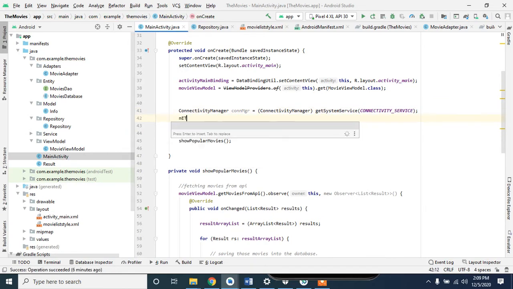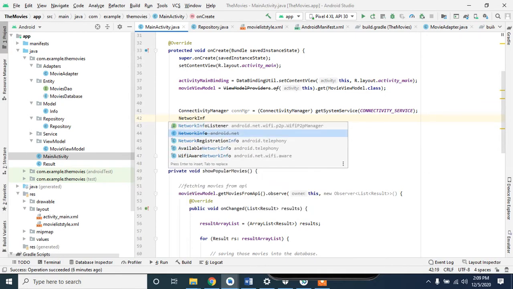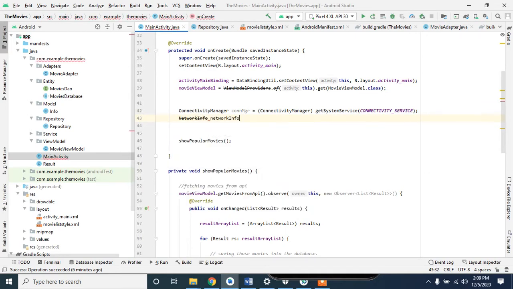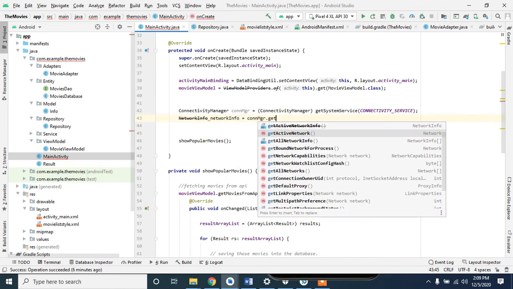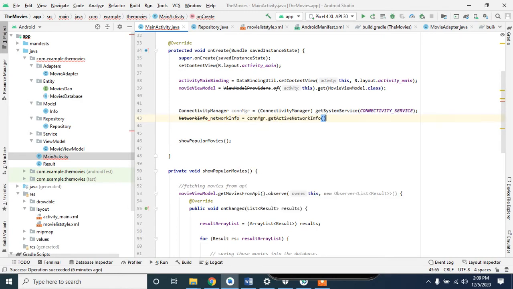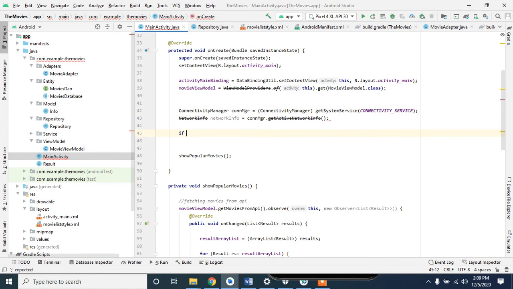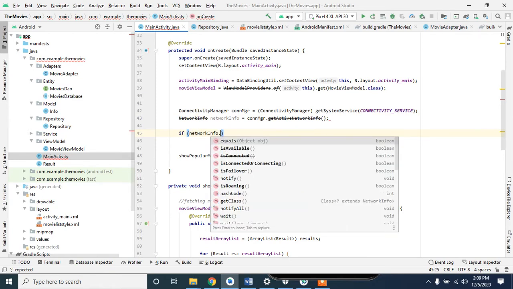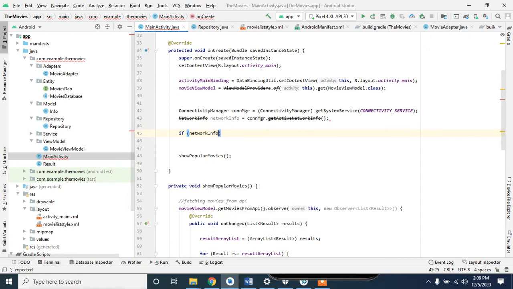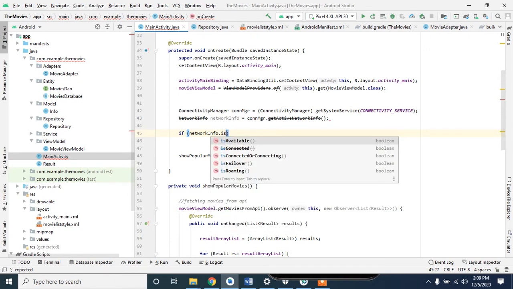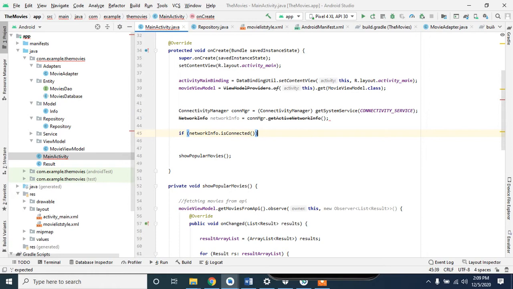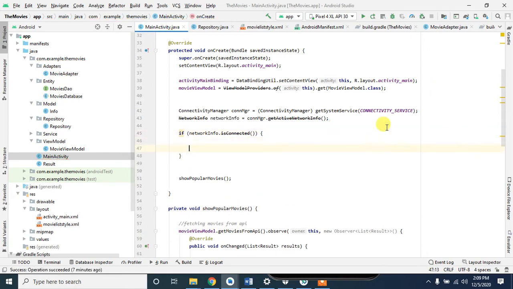Okay, and network info, con manager get active network info. Okay, if network info, or I can say if network is connected, then